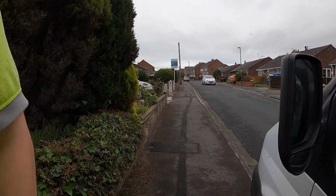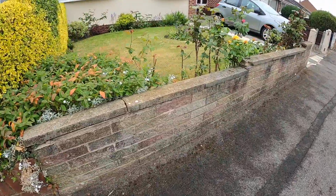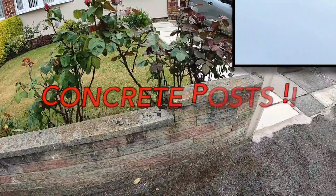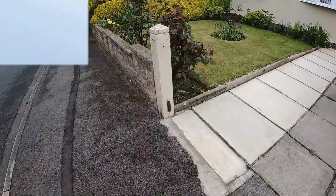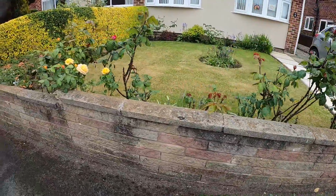Right, today's job, demolition job today. We're taking this down, getting rid of it all. This pillar's coming down. That's coming down. Brick and a half pillar, single skin, and then this is going to be roughly, I think,